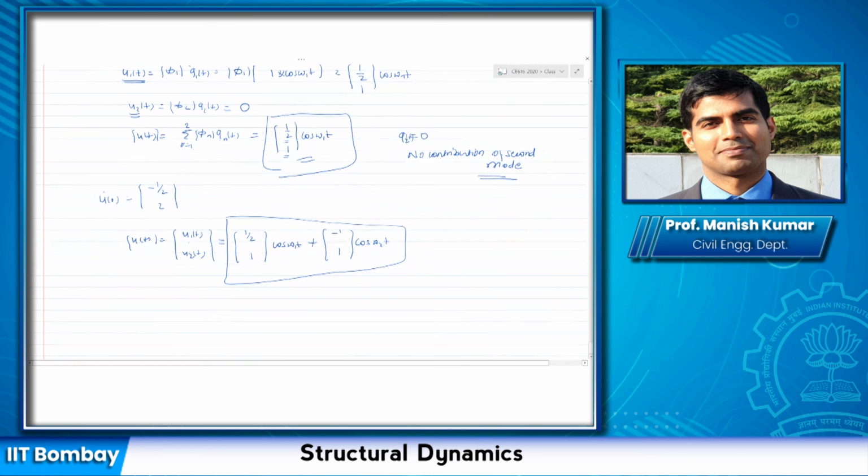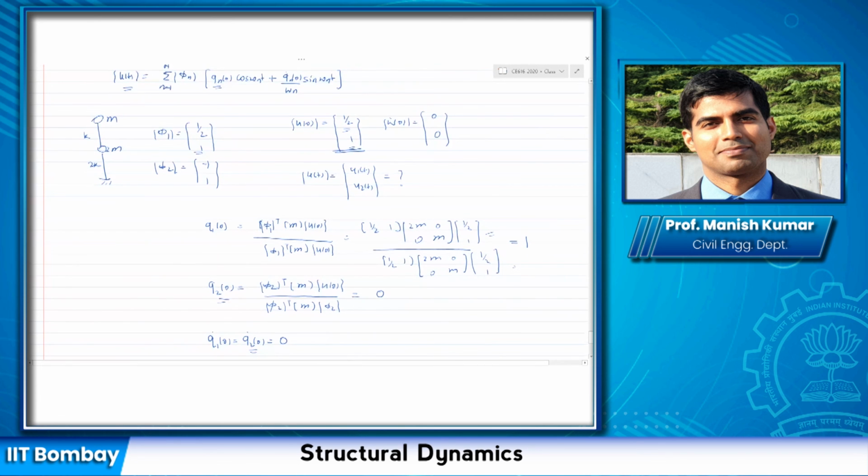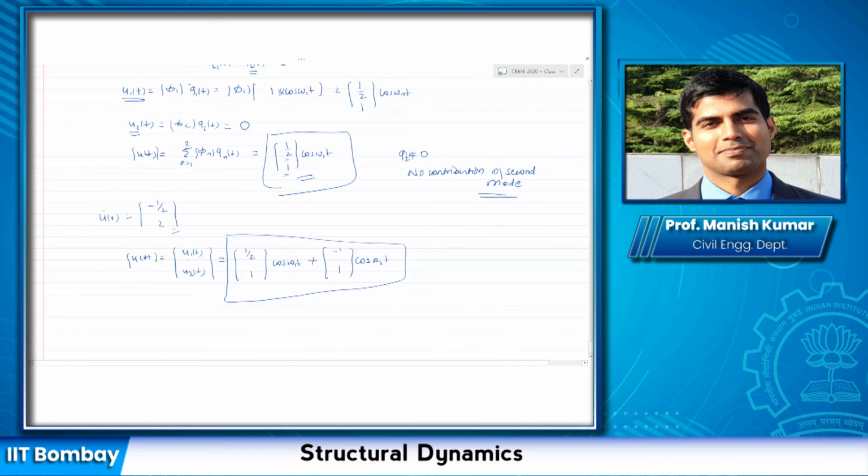However, let us look at the second case. This is not one of the mode shapes. This is random. This is just minus half and 2. Now in this case, what I get, for each degree of freedom, I have a term half cos omega 1t minus cos omega 2t. So this is not of the form cos of some theta times angle. It could have been if this cos omega 1 and omega 2 t would have been the same. Then I could have written this as cos of omega t minus phi, but they are different now, so it cannot be written in this form. Okay, so in this case, both modes are contributing to the total response. And the motion at each degree of freedom is actually not harmonic.